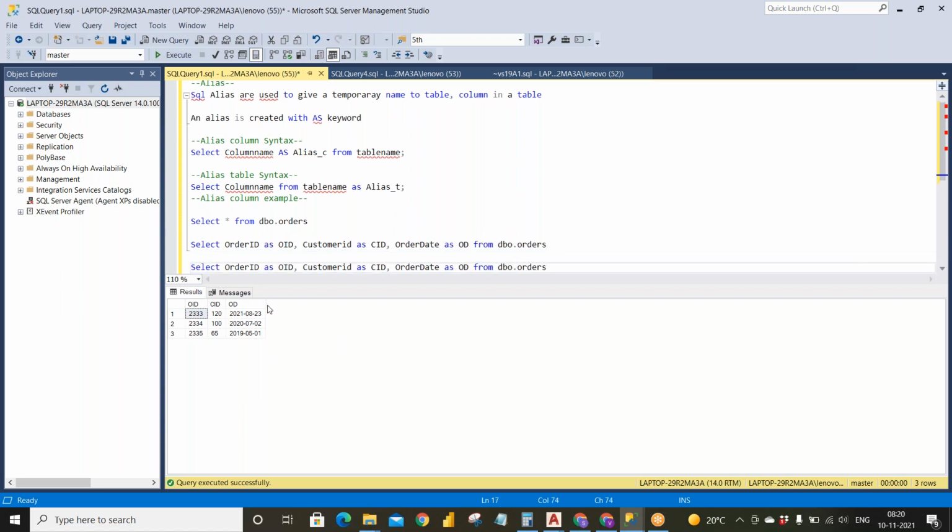It's your wish to give alias names or not. It's totally optional. For the first one I didn't give any alias name, so it came as it is, and for the second and third columns I have given the alias names.